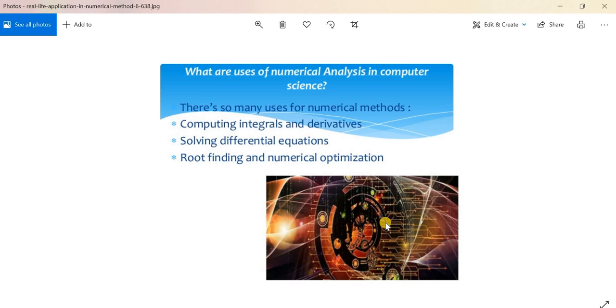First of all, the class is only about the BSc 5th semester computer science major course, that is, paper code M502. So I will be discussing mainly as per the syllabus only. I will not discuss anything excluding the syllabus. So that is the first important point.